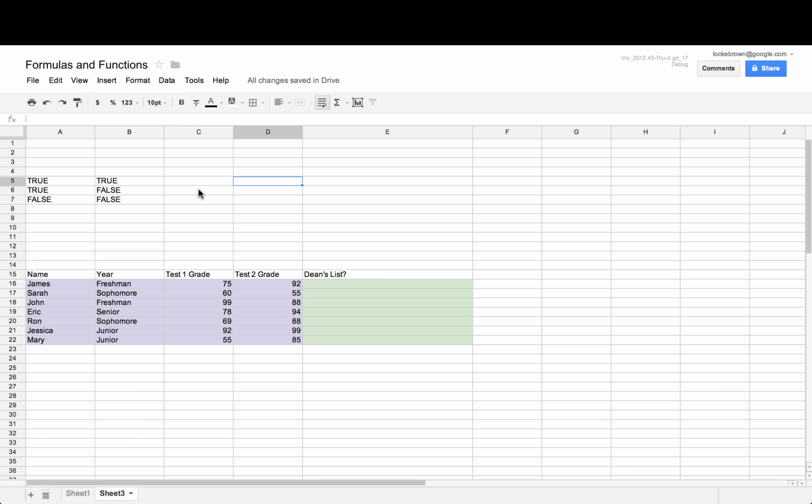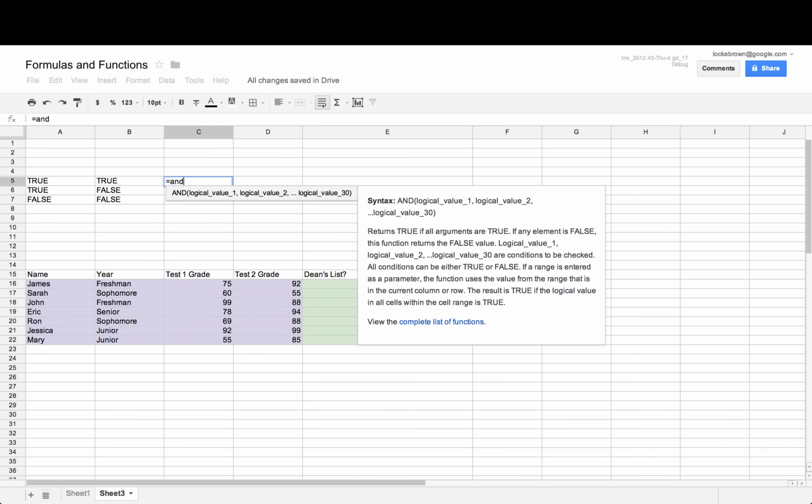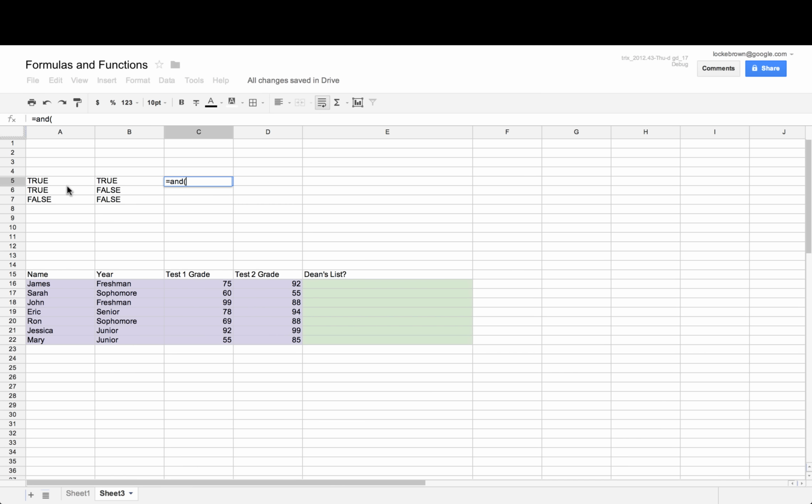The and, or, and not functions are logic operators that are commonly used in conjunction with the if statement. They both take arguments that are Boolean expressions and return Boolean expressions. So for instance, the and function takes any number of Boolean values, true or false, or operators that will return to either true or false, and then returns true if they're all true, and false if any of them are